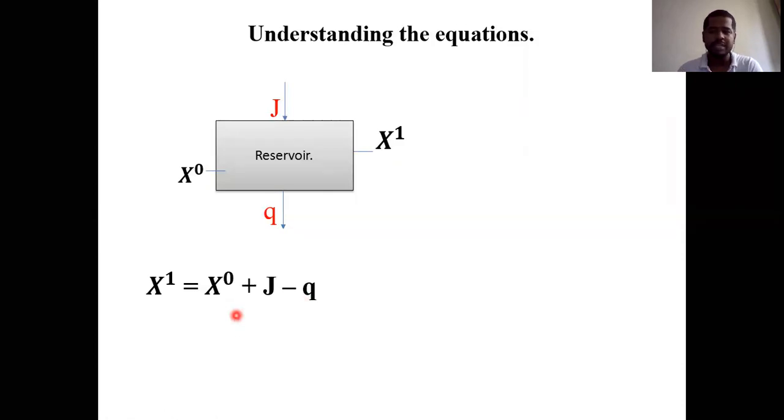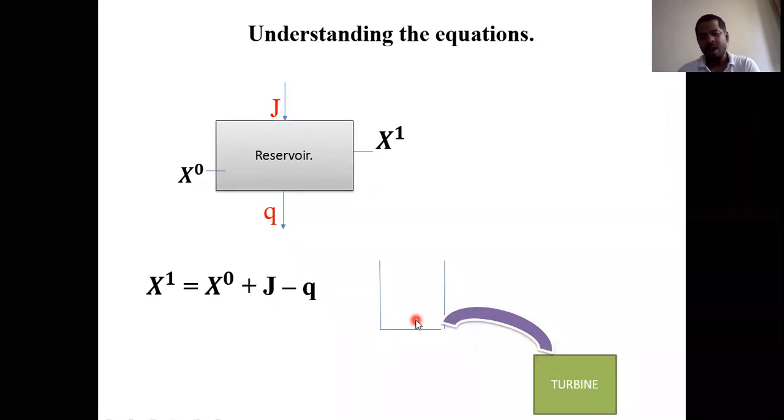That's why I am repeatedly saying that there is no need to remember or memorize any equation. We need to understand the concept of how we can write the equations, the minus or plus symbols. Once you understand this concept, you can automatically write the equation from this logic. Similarly, one more representation: this is a reservoir and this is a turbine. Whatever the basic storage or dead storage is, the height difference between the dead storage and the turbine is the basic head, and it is represented with H naught. This is one more representation of the basic head, or we can say the minimum height.